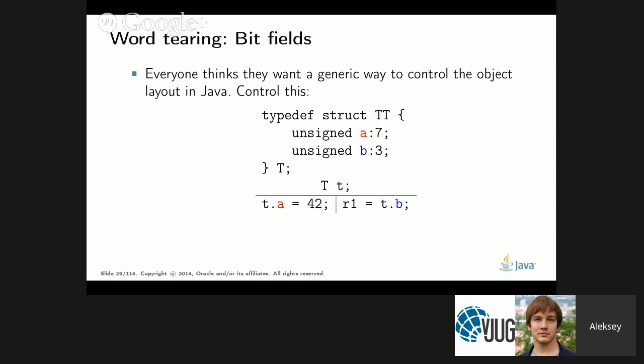So I can do the struct in which A is the 7-bit field and B is the 3-bit field. And if I have the code in which I have the struct T, in one thread I write 42 into A, and in another thread I try to read something from B,